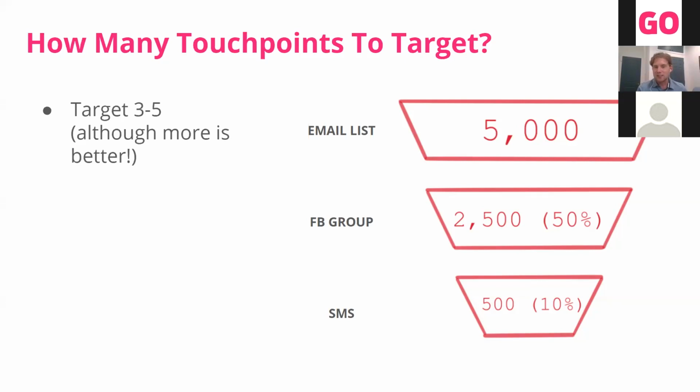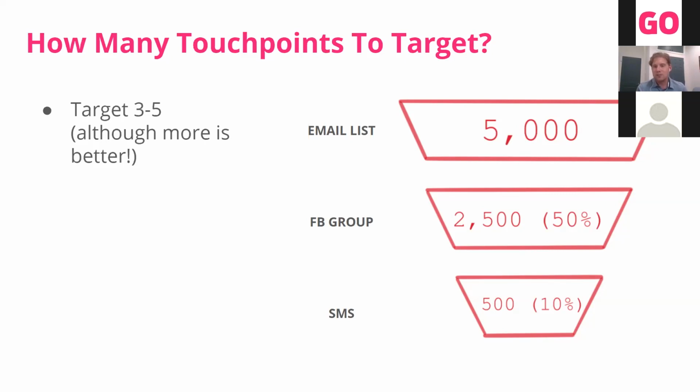If we had an example like this, where we have an email list, a Facebook group, and an SMS, let's say an apocalyptic scenario where Gmail stops working for everyone on our launch day, Google has massive problems and we can't access Gmail inboxes for people, potentially Facebook has the same blackout and we can't get into Facebook groups, then we can still rely on SMS. So in apocalyptic scenarios, the more touch points you can get, the better.